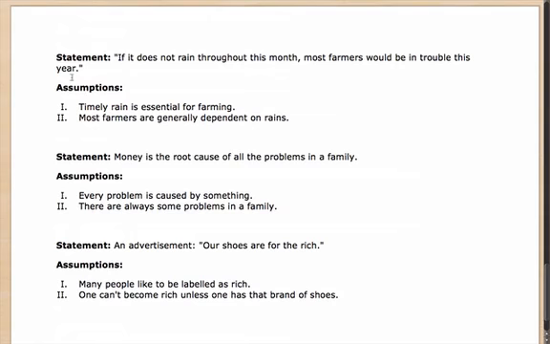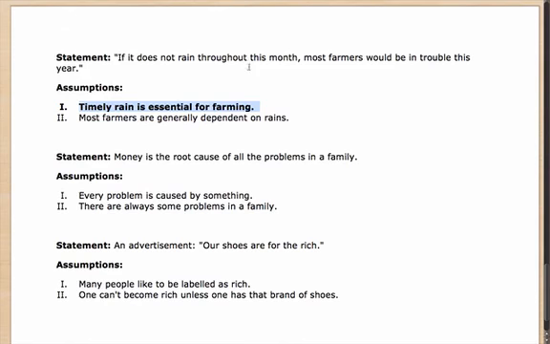To continue, the statement given is, if it does not rain throughout this month, so this itself shows that it is very, very important for the rain to happen this month, most farmers would be in trouble this year. The first assumption is timely rain is essential for farming. Well, yes, the time aspect is very much highlighted in this statement